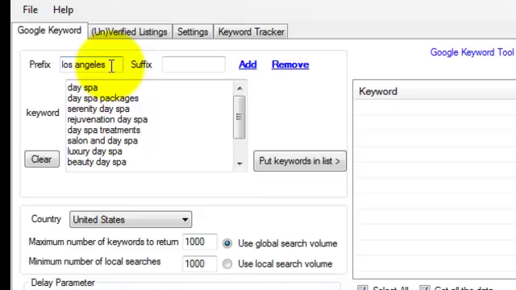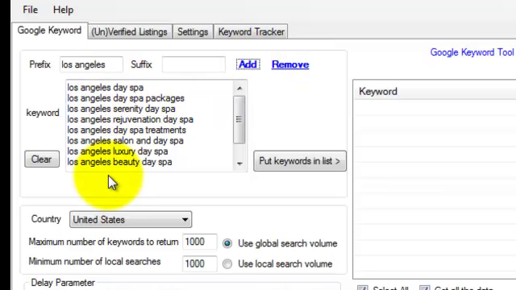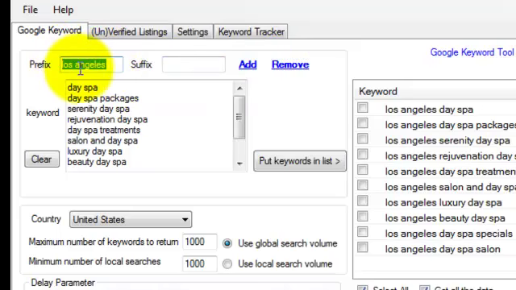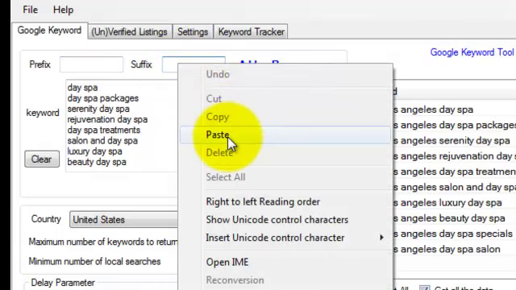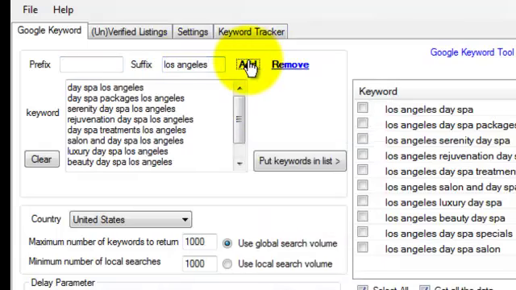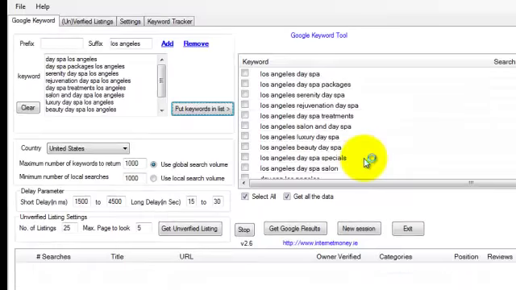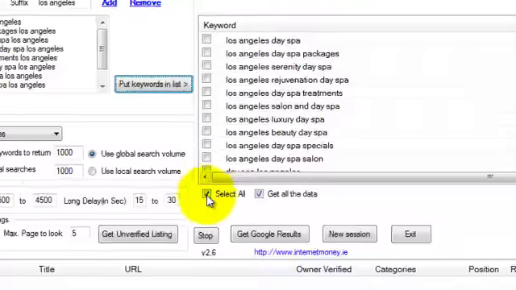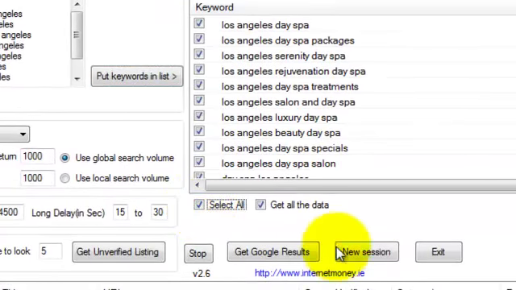put your local qualifier either before or after the keyword term, and all you do is you put it in the prefix and then you hit add, and it adds that in front of them. Then you can remove it, and then you can add it as a suffix, and then you add it to your list. Now once you have all of these local keywords in your list, you hit select all, and then